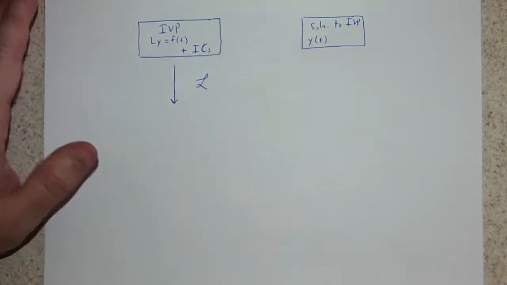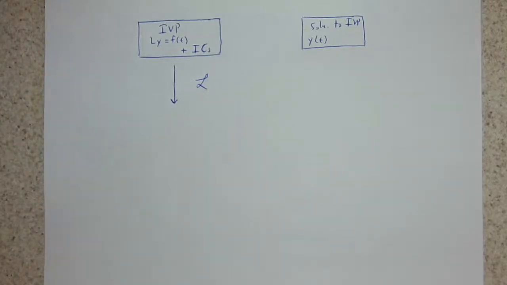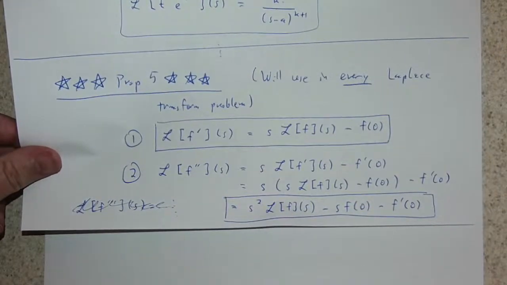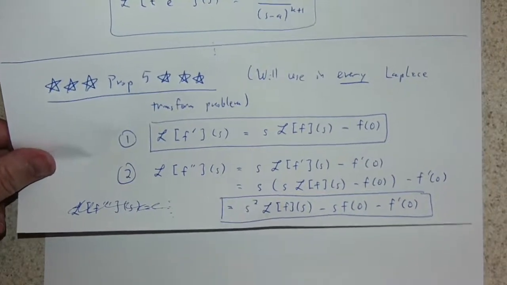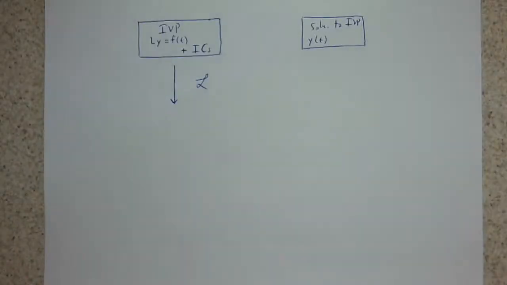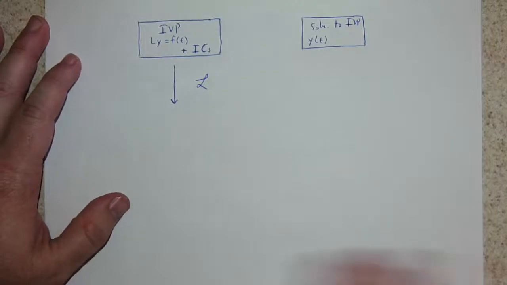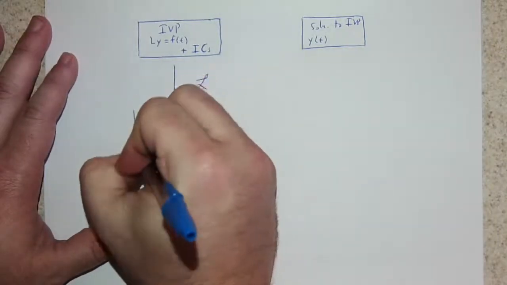What I'm going to do then is use these two boxed facts to transform this equation, L of y is equal to f, into an algebraic equation